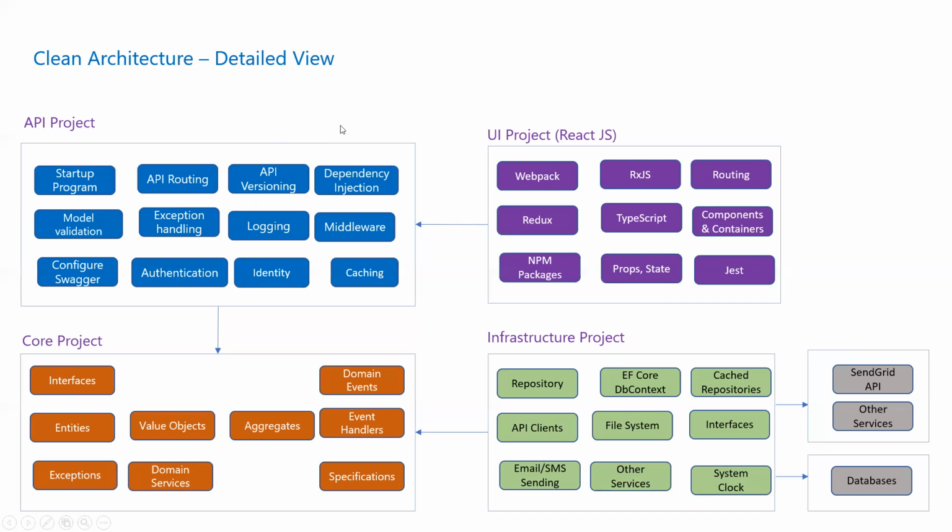Make sure that we are not messing up the API versioning, and how you use the out of the box ASP.NET MVC dependency injection, and model validation, best practices on the model validation, whether you will be using data annotations or something else. Also making sure that your exceptions are handled properly and centralized, and the logging, it's very important, logging the information at the API level so that it will help you to debug when there is an issue in production, and how to configure the various middleware in ASP.NET Core 5.